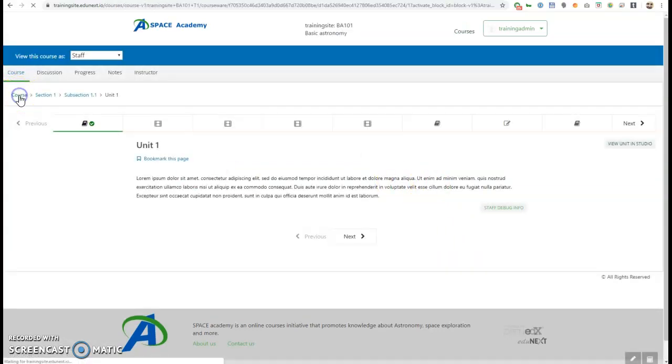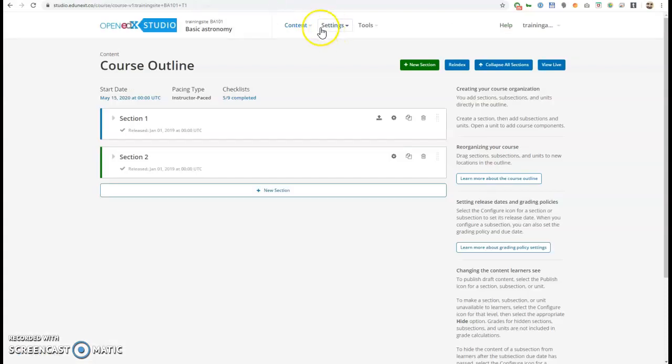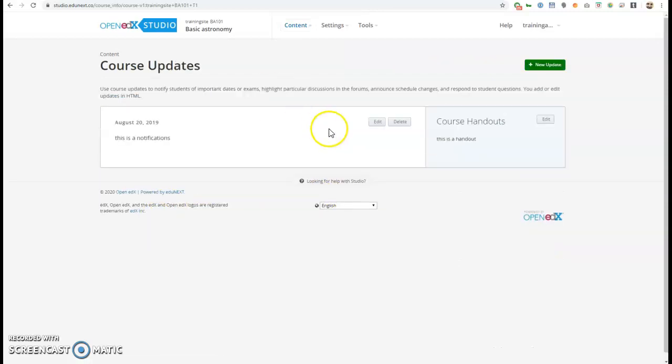So updates are messages that will be included in the first page of the course, like this one here would be an update, and you can, as a course staff member, add these kind of notifications or updates from the Studio functionality. So you can come here to content, updates and add some specific updates to let your users know about changes in your schedule or anything that's going